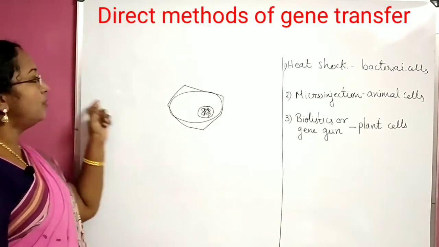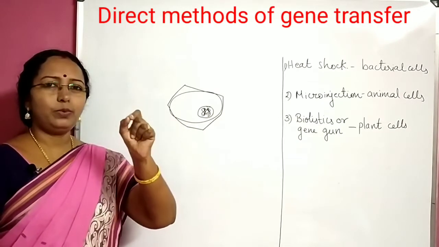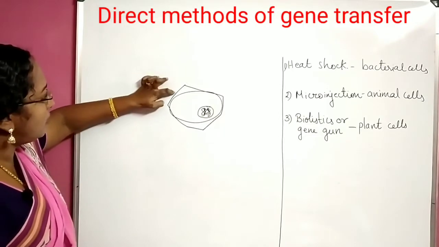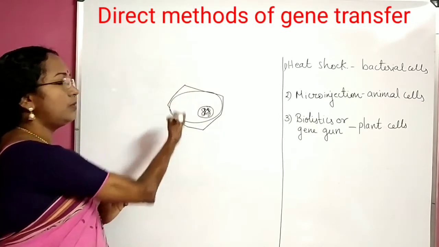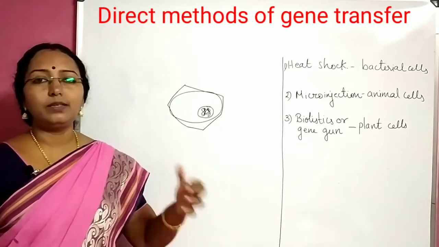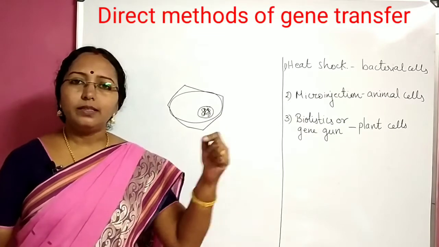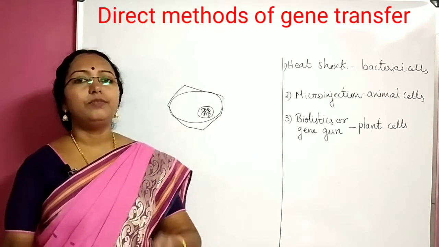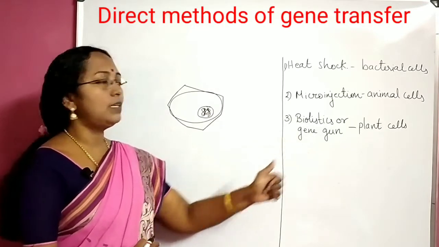So here if you go for microinjection, it is a glass needle having a very microscopic, very small hole. It cannot actually pierce through this cell wall because the cell wall is very tough, made up of cellulose, hemicellulose, pectin, so many very tough materials. So the needle cannot actually pass through that. Instead, what we do is we use a gun. Okay, it is called the gene gun.